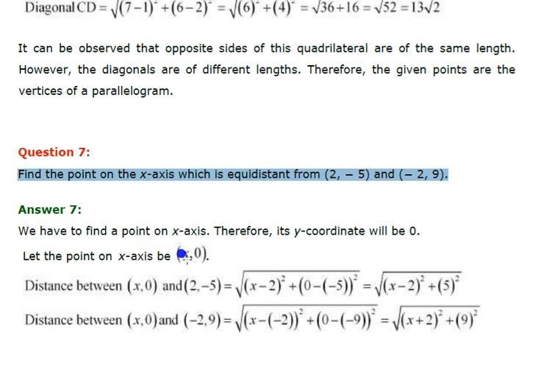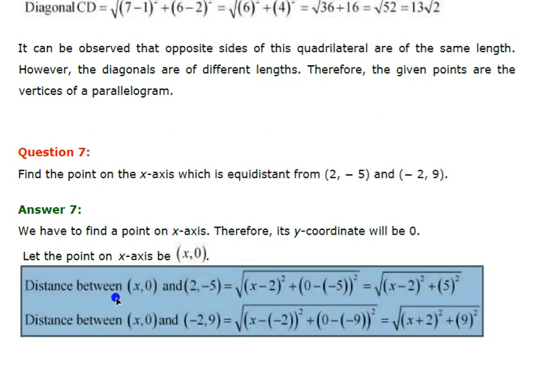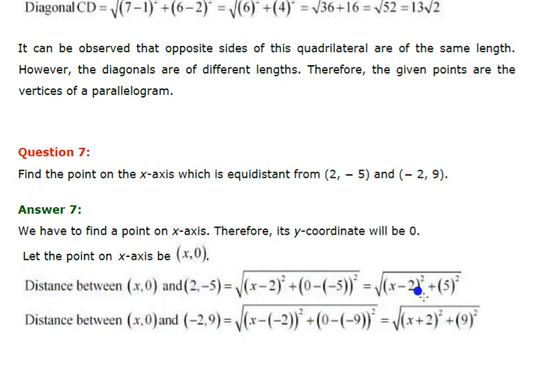Now again find the distance between this point and the point (minus 2, 9). So in this case x will be x1 and 0 is y1 and minus 2 is x2 and 9 is y2. So the distance will be root of (x plus 2) whole square plus 9 whole square. So take it as equation number 2. Now tell me, is this complete equation equal to this equation or not? Yes, it is equal, because it is given that these 2 points are equidistant from this point. So whatever distances we have found here, both the distances are equal. So equation number 1 is equal to equation number 2.